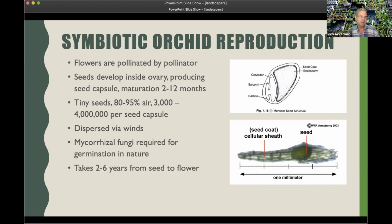They're all flowering plants. They get pollinated, seeds are developed inside the ovary, and then there's a maturation process where the seed capsules develop. Usually like 4 months is a pretty typical amount of time for the orchids in Florida anyway. There's some that are very, very fast and there's some that are slower, but it's usually 4 or 5 months. So if you're seeing flowers in April or May, then you need to count out like 4 months from there, 5 months from there, if you want to be collecting seed capsules and using those seeds